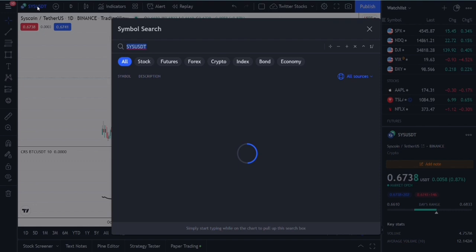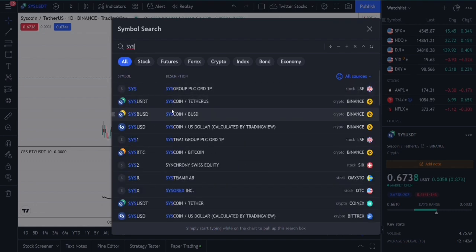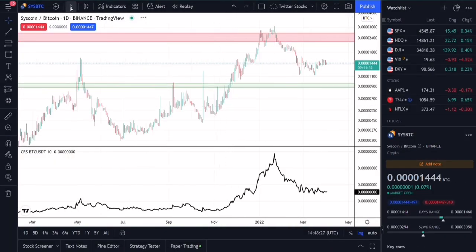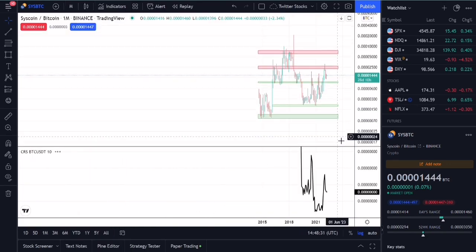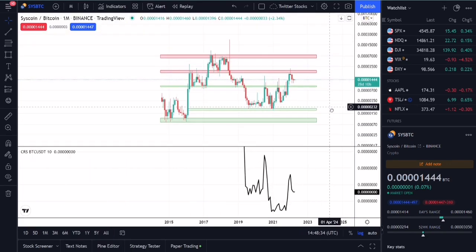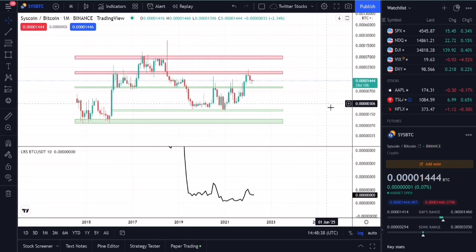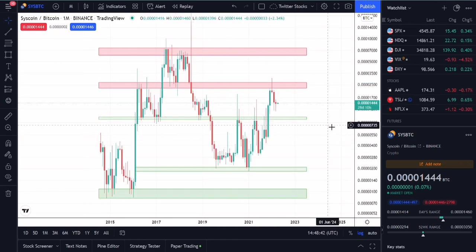Let's quickly add the BTC variant and look at that as well. Right, so in terms of BTC, I'm not going to look at the daily chart. I'll be looking at the monthly time frame just to highlight how strong the setup looks. Now I've highlighted the support and resistance levels, the key levels that we need to